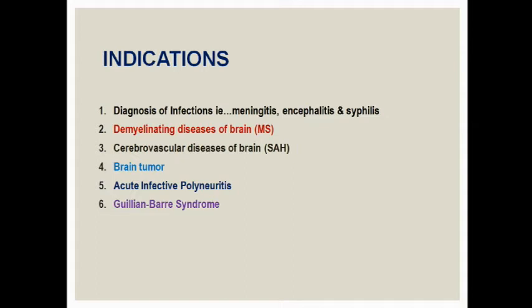This is a classical history given by the patient, and most of the time the patient may be presenting with convulsions, seizures, or loss of consciousness. The mother of the child will give you the history of all these episodes, and the patient will have severe vomiting episodes if suffering from meningitis. When such patients come to the emergency department and get admitted, what is the line of management that has to be done?